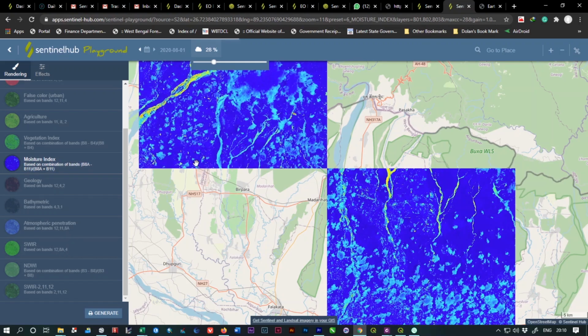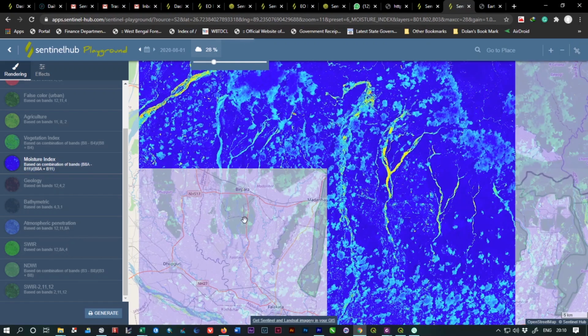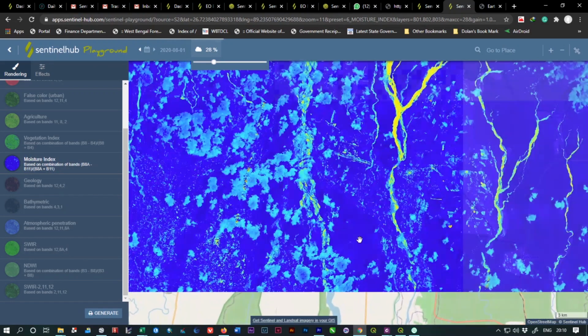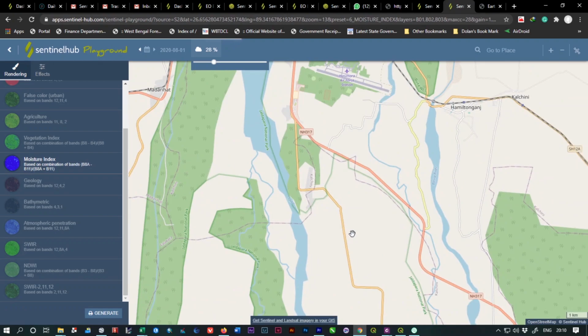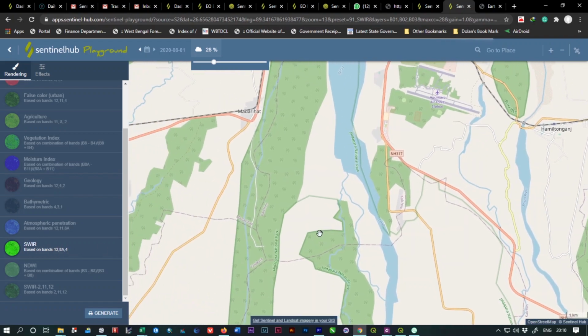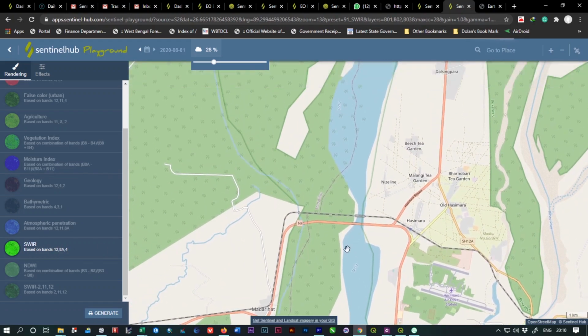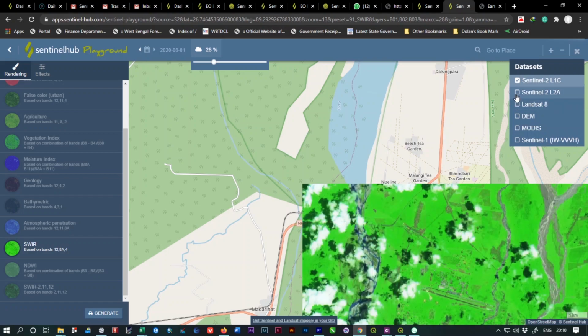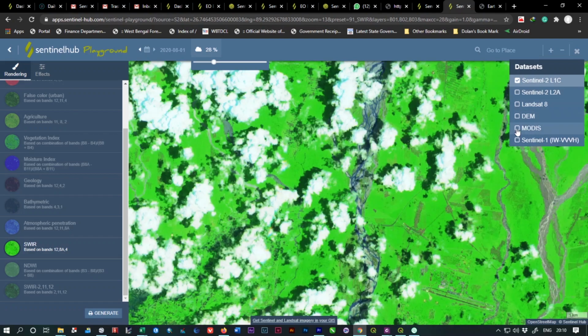Blue represents moisture here. The more blue, the more moisture, and it is SWIR. It is only for visualization; for visualization purposes you can use this website. You can also use the radar data from here, the DEM data, Landsat 8, Sentinel-2, and also the MODIS satellite data.